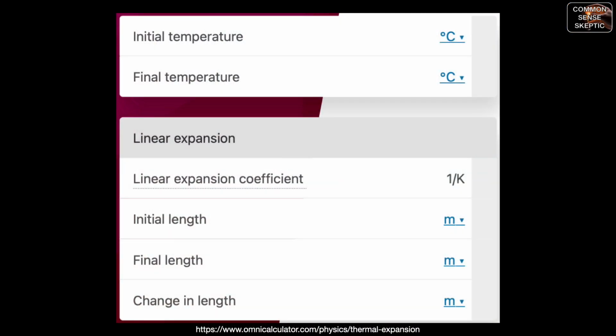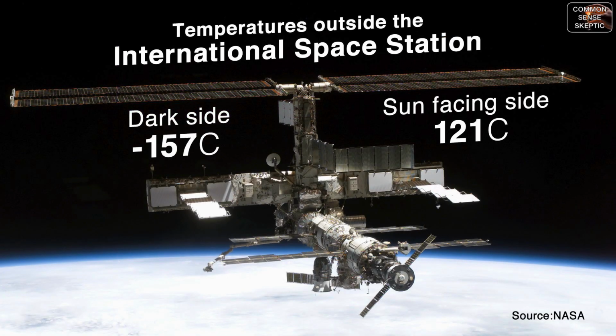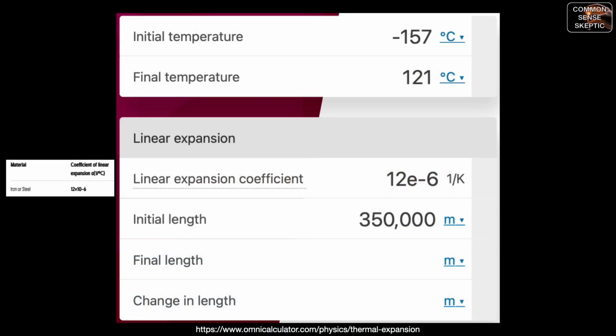One other thing of interest is the temperature variations throughout the length of the cable as it experiences extremely cold vacuum of space in the shade and the direct heating from the sun during the day. For example, if the cable was made out of steel, the length of the 350 kilometer long filament encountering the same temperature swing as reported by the ISS, from minus 157 C in the shade to 121 C when exposed to the sun, would expand to over 1.1 kilometers longer in the sunlight than when it's being shaded by the